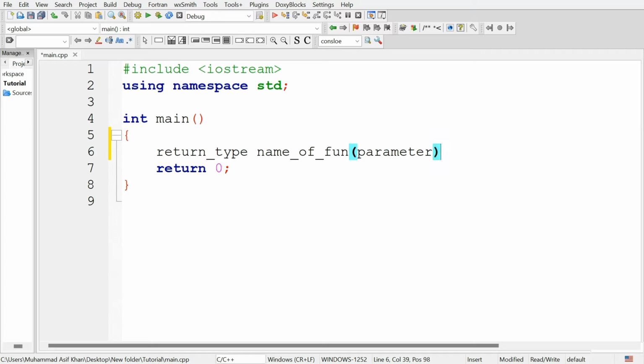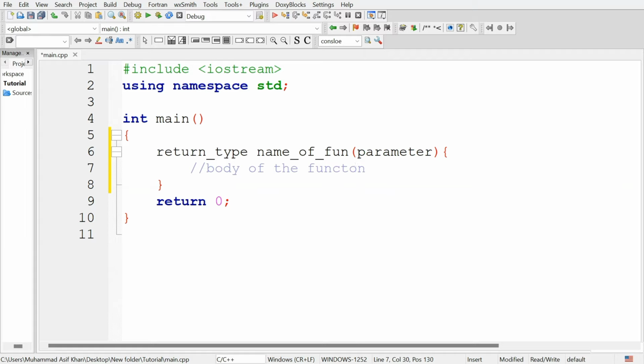And then in the open and close curly braces there is a body of the function that will be executed when we call this function. This is the syntax of the function.